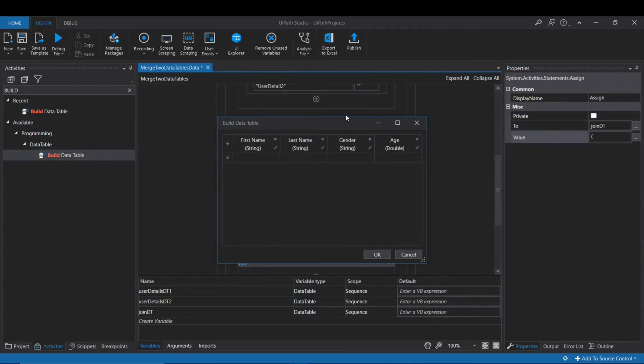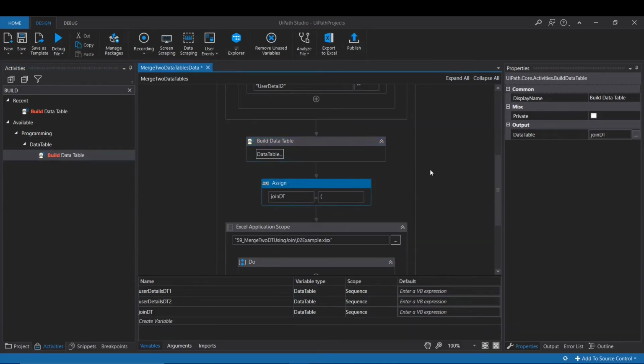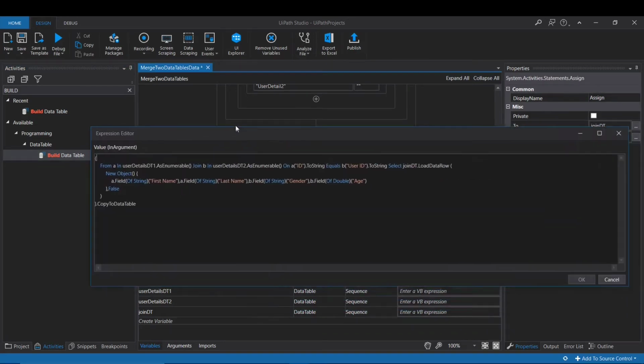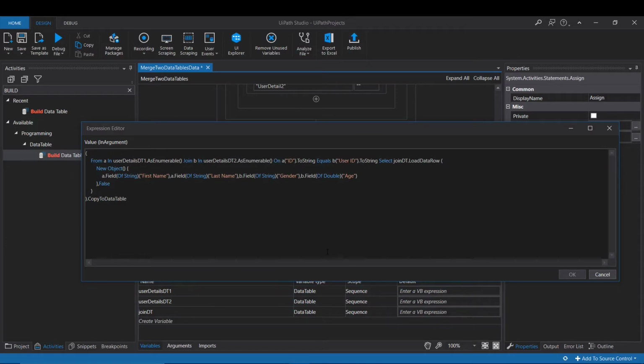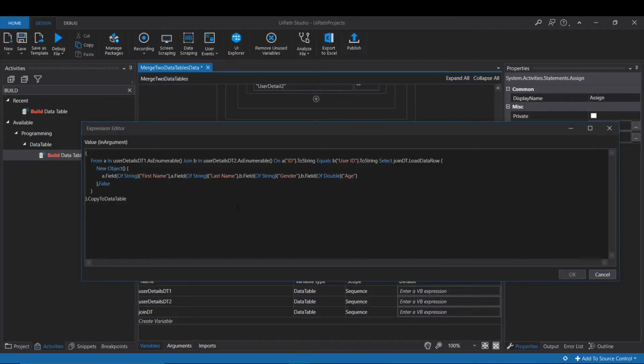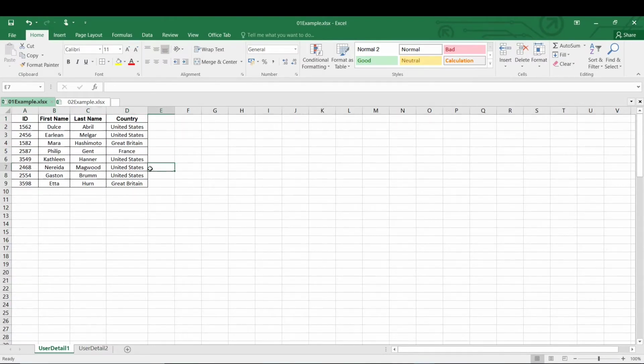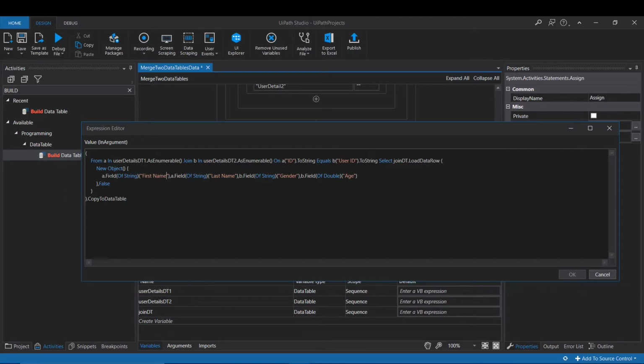It is not the name we provided in the data table, like first name, last name and so on. So don't be confused: this name is the name available inside the sheet, so it should match. Whatever data we want to collect and display, the name should match the Excel sheet column name.